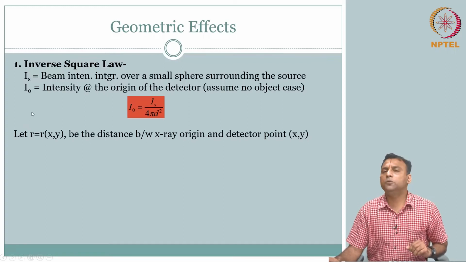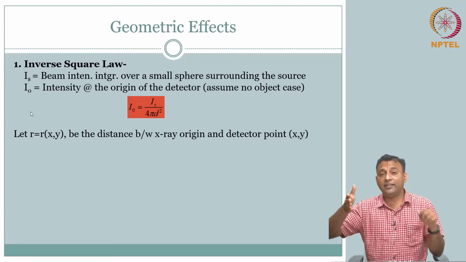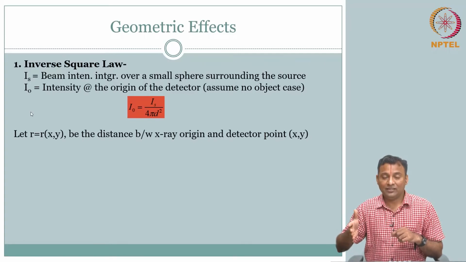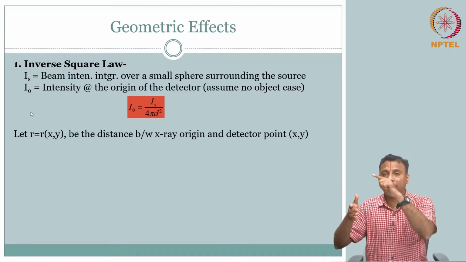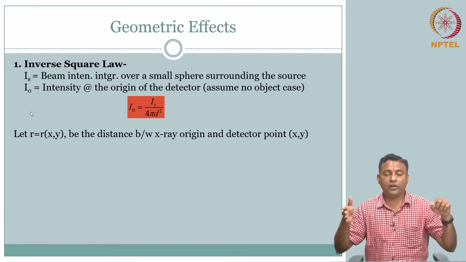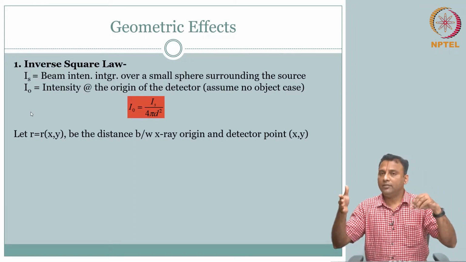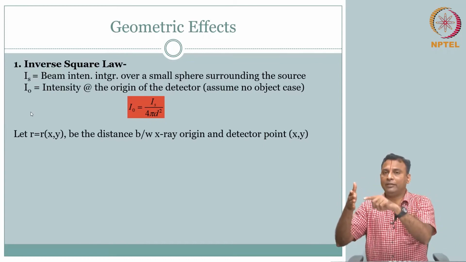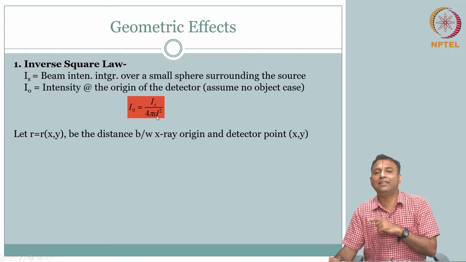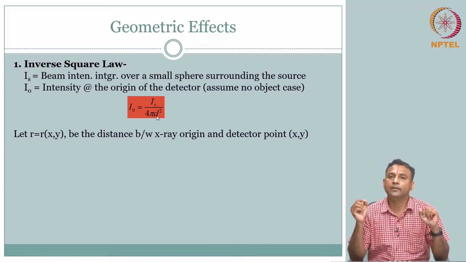So just to complete our analysis, what is our analysis? We are not interested just at the center. There is a detector plane. So what are the values that I will see in the detector plane? Clearly, this is the source, and the source is diverging. So what will I see at different locations? At I naught, at the center, it is Is by 4 pi d square, because of the distance of separation. So at other locations, what could it be?